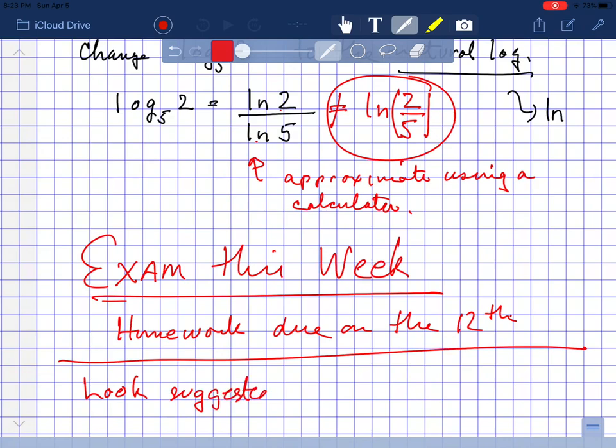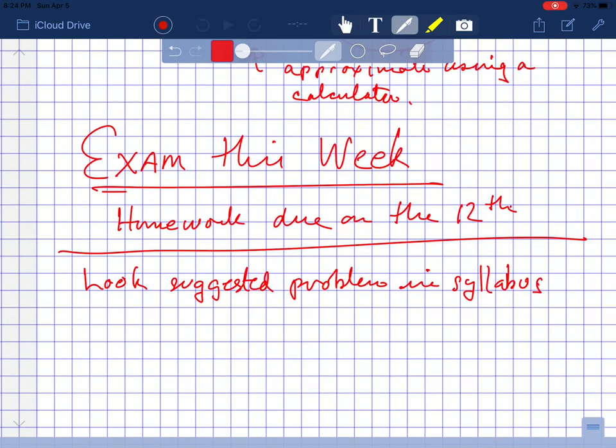Now, look at the suggested problems in the syllabus, okay? And remember, we're not going to test over 4.4. So this material that I presented just now, we're not going to test over it, but you really got to know it, so study it this week, okay? Okay, and good luck with your